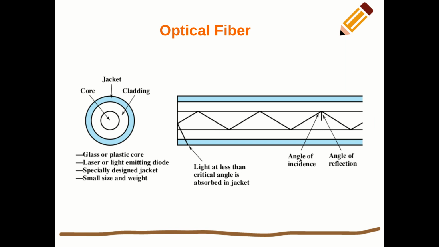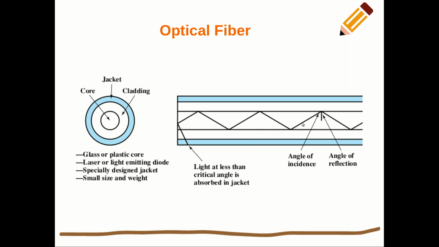We have something called an angle of incidence and angle of reflection, and there is something called the critical angle. Whenever the angle of incidence is greater than a specific angle called the critical angle, total internal reflection will occur and as a result the light will be traveling through the core in this way. Certain properties of the core as well as the cladding, called refractive index, define how the signal is going to be reflected and travel through the core.